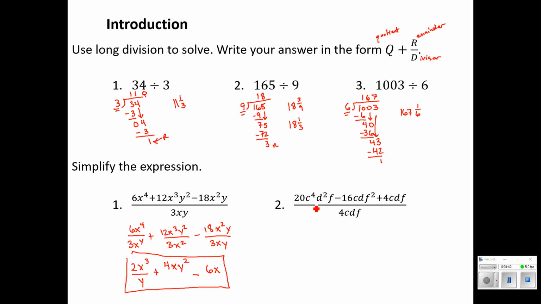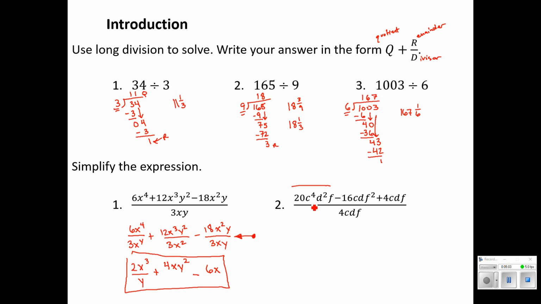Okay, so as you get better at this, as long as you remember that you're dividing everything by the denominator, you're using that to simplify each term, you can really bypass this step if you would like. It's easy to make careless mistakes doing this, but it is something that hopefully by the end of this you'll feel confident doing in your head.